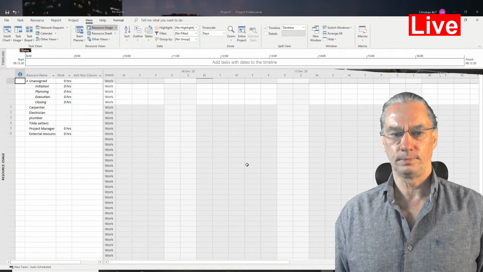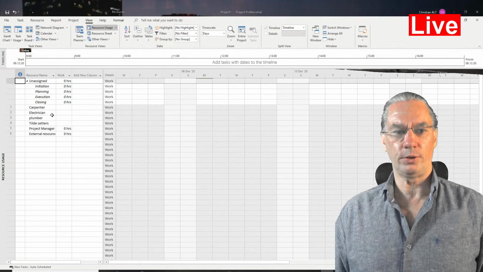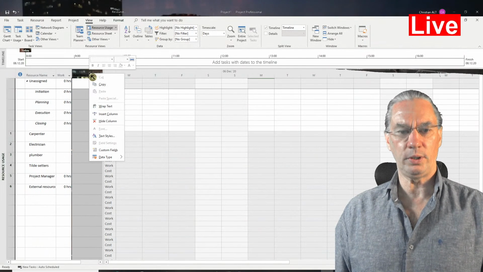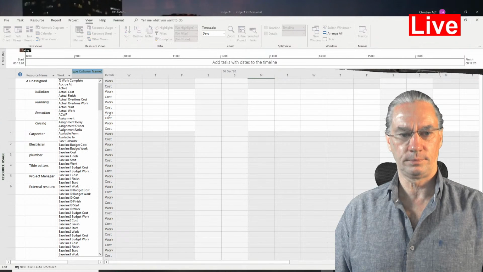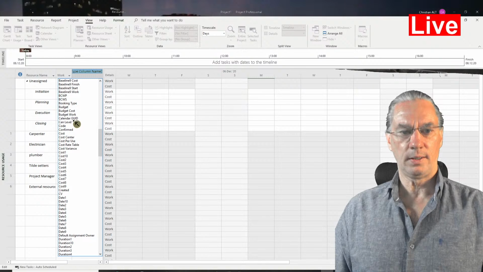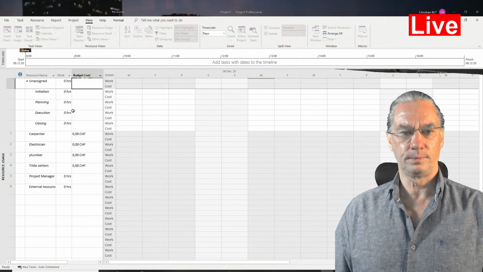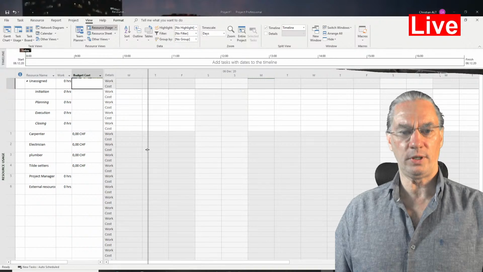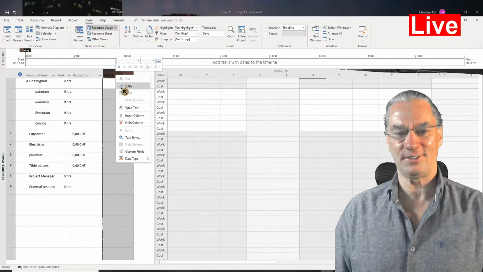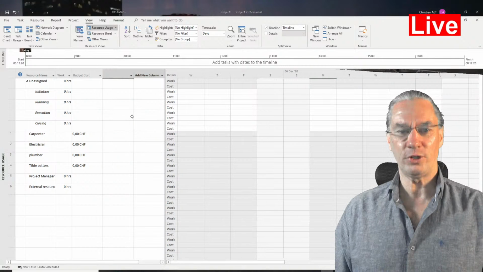I have here the resource usage that is down here, and here I will add the column which is again budgeted cost, and I will also add the other column which is budgeted work.